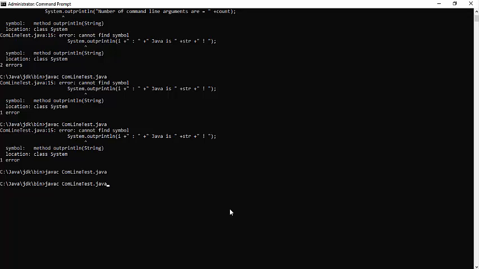Next step is to execute the program. So while executing the program, we have to pass command line arguments. Okay. So java filename and arguments. So see which arguments here I am passing.